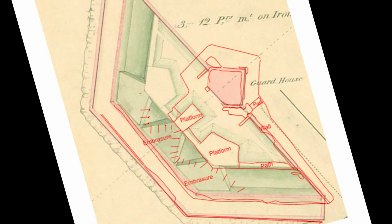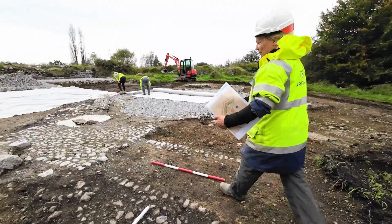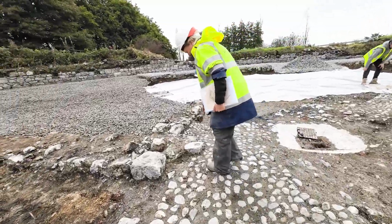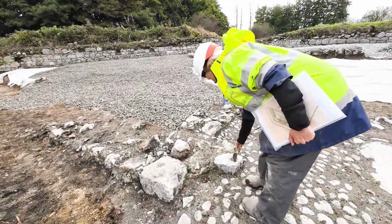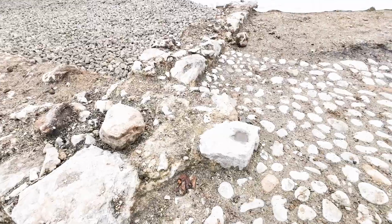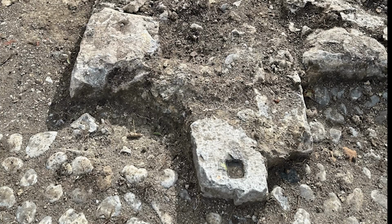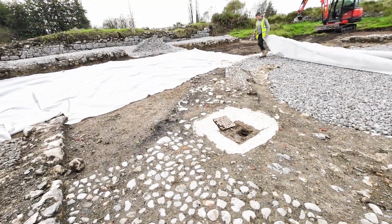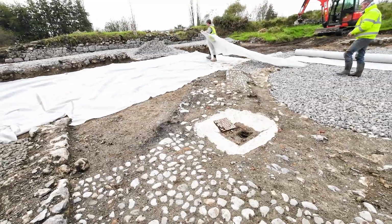And from a maintenance point of view, what we have now discovered, we're going to be able to maintain without overgrowth. We got a lovely cobblestone surface defining the entrance to the site. There's a lovely spudstone as well, where you can see the hinges of a gate would have sat. That gave a really good idea of how the site worked and how people entered and exited the site. A modern drain in the middle of the site was probably put in by the new Irish Army,